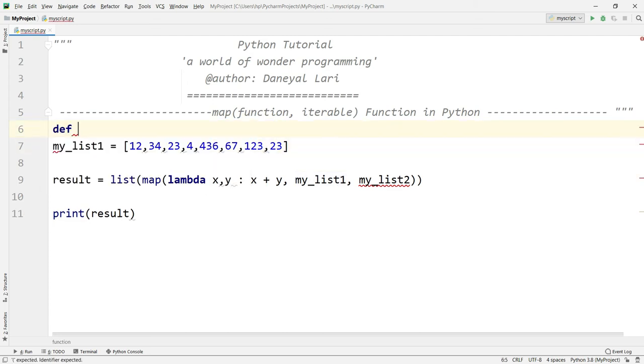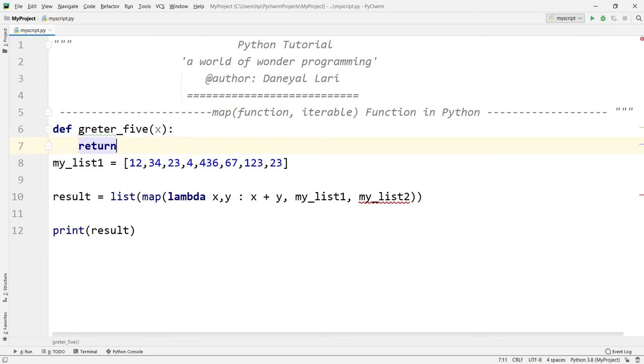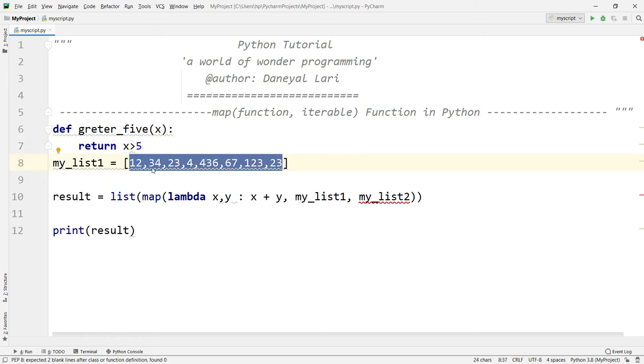I will write a function like greater5, and here I will pass every value, that is x, and return x greater than 5. So if your value is greater than 5, then it will return true, otherwise it will return false. So it will apply on every element of this list, and if that satisfies, then it will fetch that value and pass it to our result.